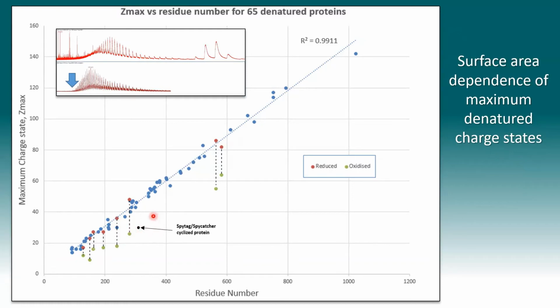This final 9th protein, this final outlier, is a cyclized protein. So it's a spy-tag, spy-catcher, cyclized protein, and it cannot linearize. So this experiment shows very clearly that the surface area dependence of denatured proteins